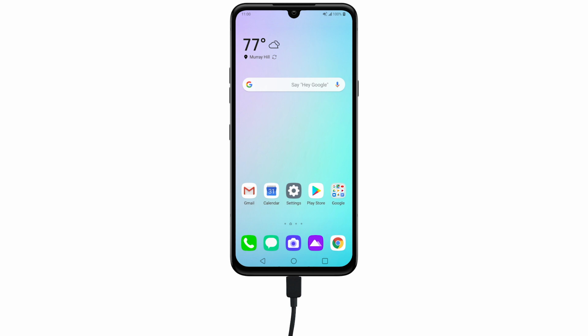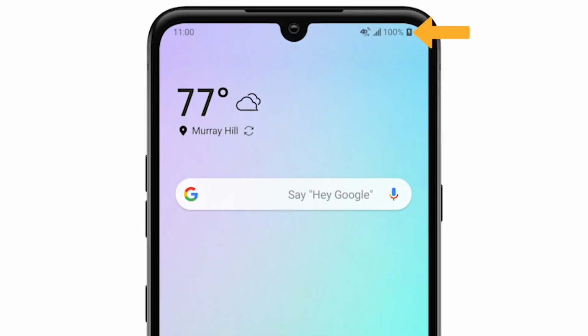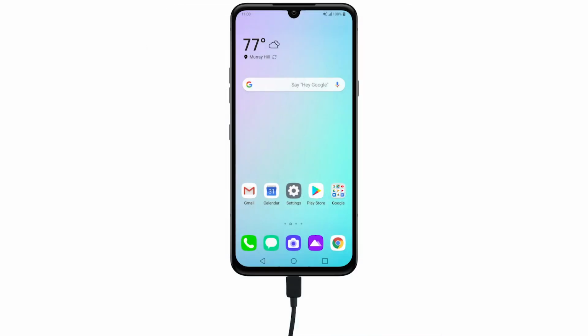You can use the device while charging. Battery life and charge cycles vary by use and settings. While charging, the charging icon will be displayed in the notification bar. The device has a standby time of up to 23 days and a use talk time of up to 20 hours.